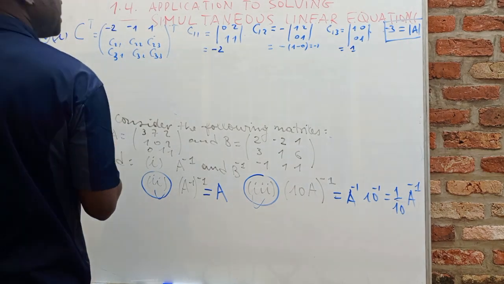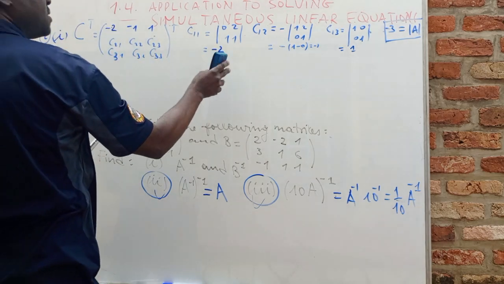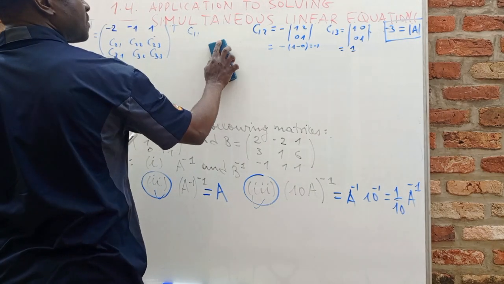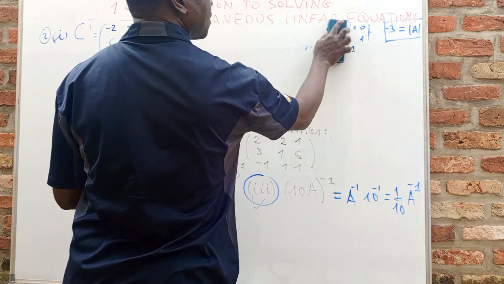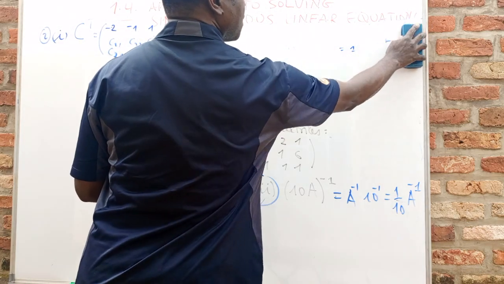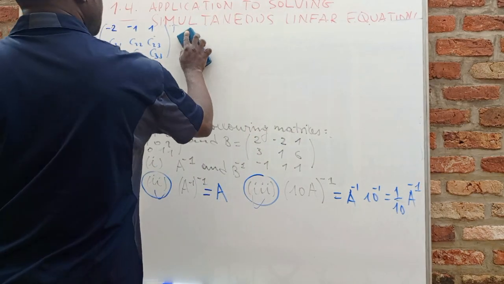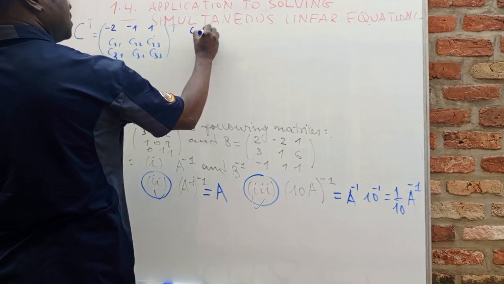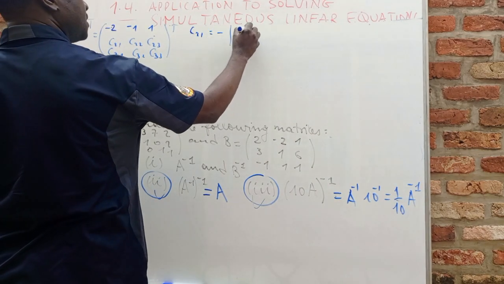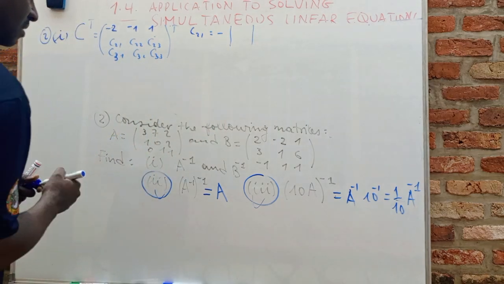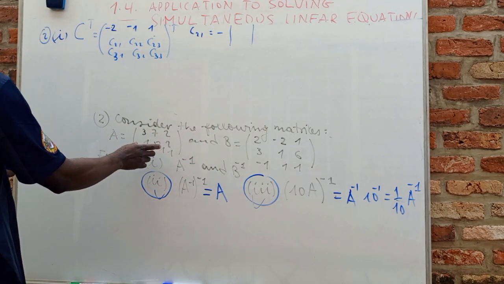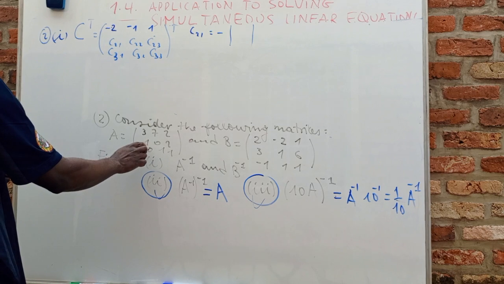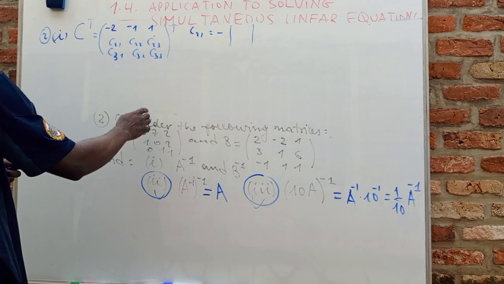So now looking for the second row. For the second row, we have C21 will be negative determinant of this matrix,